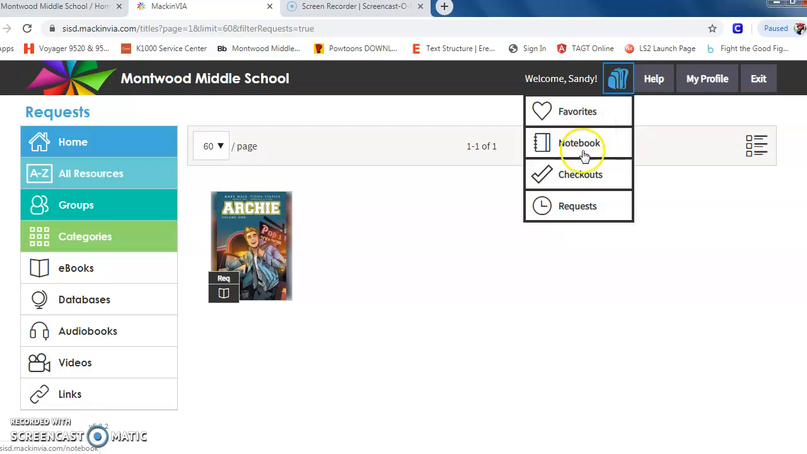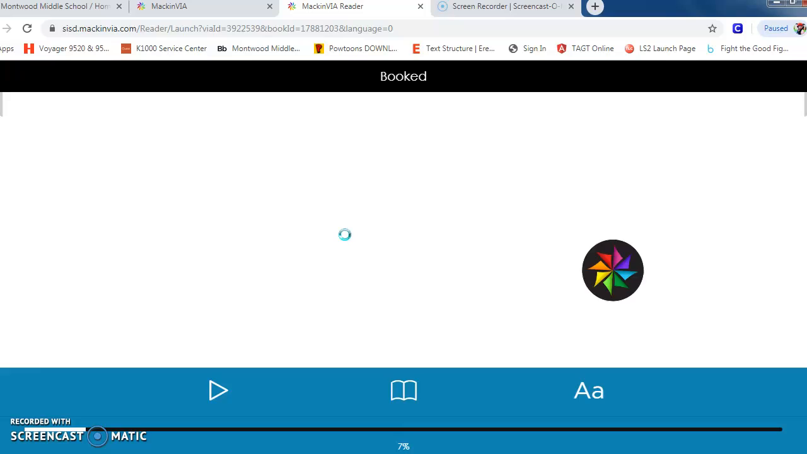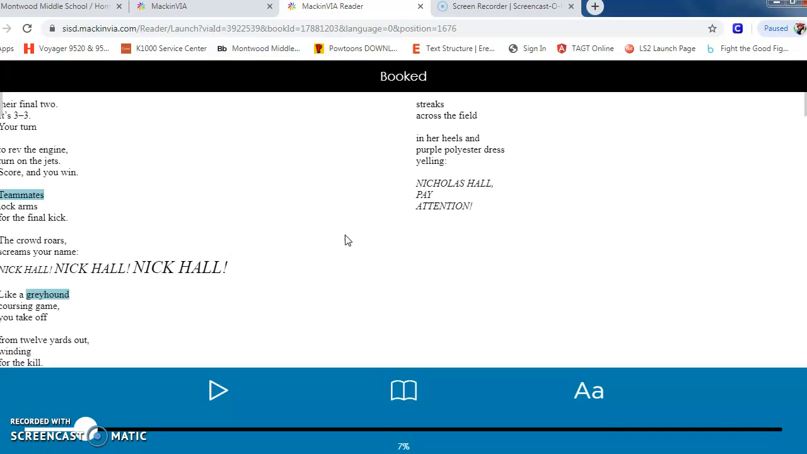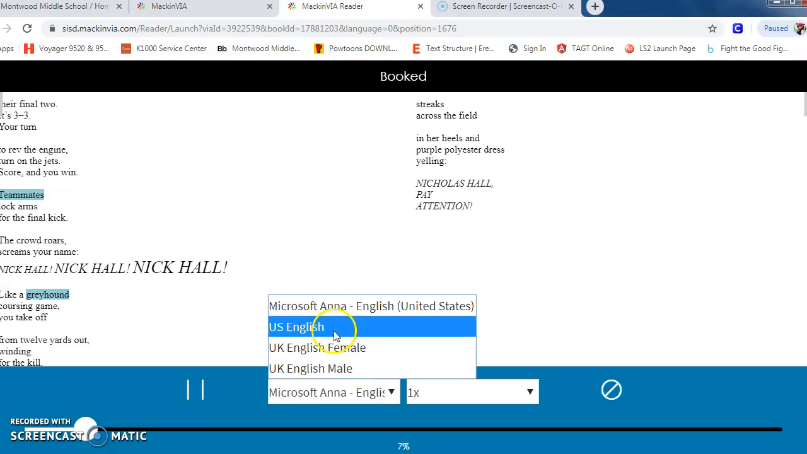Let's open up one of my checkouts so I can show you some of the features of our checkouts. So I'm going to open up this book and you'll be able to see some awesome features. You can actually play the book, and this is great for kiddos who like audiobooks or for kiddos who need a little bit of extra help in reading. And when you play, you can change the voice and the speed. Right now, I can change the voice